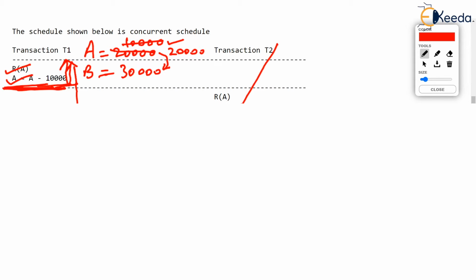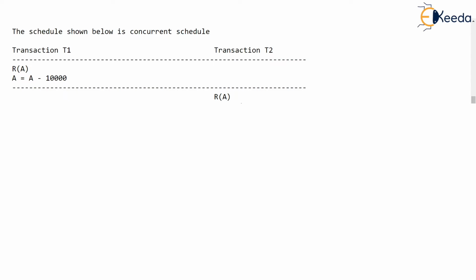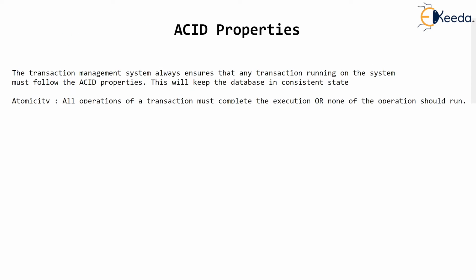I hope you are getting my point. If the transaction fails somewhere, then it is rolled back, as if the transaction has not executed. Or if the transaction completes, fantastic, then the database will be in the correct state. So that is what atomicity is. Coming back to ACID properties, the second property. By the way, atomicity is taken care of by the manager module, that is, the transaction management system. Our DBMS is a system, isn't it?